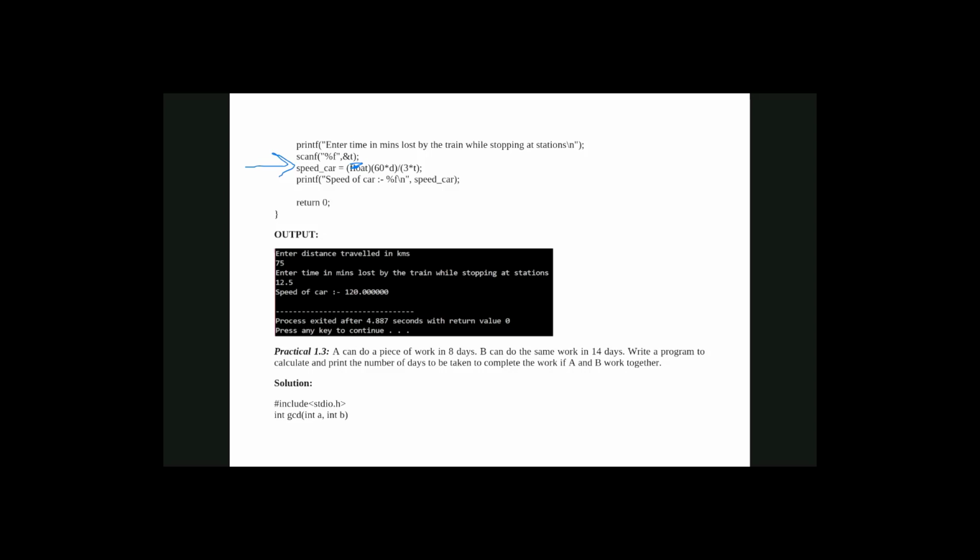If this is the formula, then how many inputs are required in this formula and how many outputs are required in this formula? Okay, three inputs.